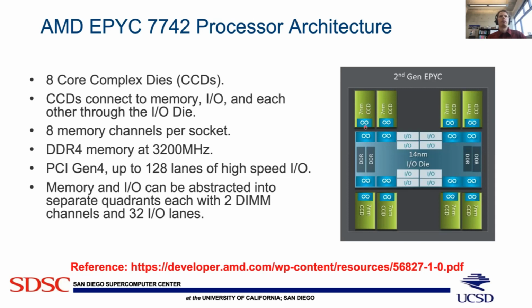Those are connected to memory I/O and each other via the so-called I/O die. So there's a chip on there that is the I/O die, and it connects you to the DDR memory and to I/O. It could be I/O to the disk, for instance, right? And then there's 8 memory channels per socket. So each CCD basically is connected to different DDR memory. They can talk to each other via this I/O die, but